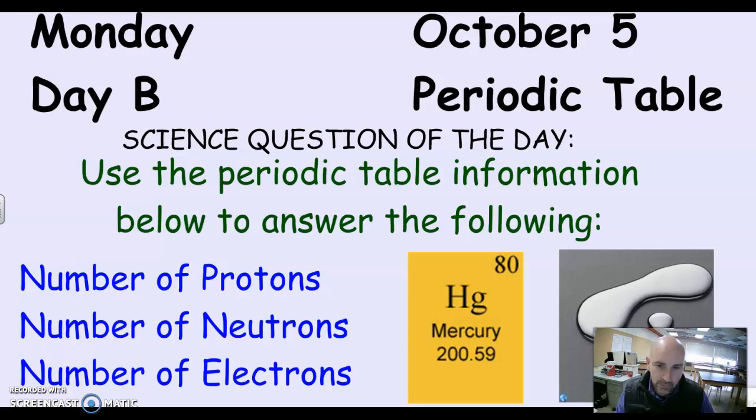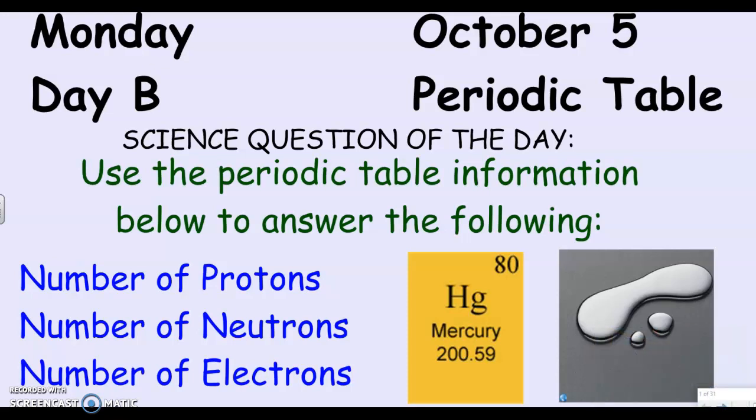Let's see, as a quick review, everyone should be able to look at this segment of the periodic table and figure out the protons, neutrons, and electrons. Let me show you how simple that would be. When I'm looking at Mercury, the first thing I notice is this number here. The 80 represents the atomic number of Mercury. And remember, the atomic number is the number of protons in an atom. Protons are positive and electrons are negative. So we're going to have exactly 80 electrons